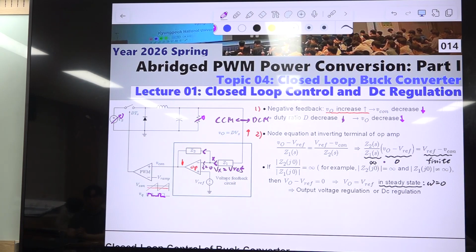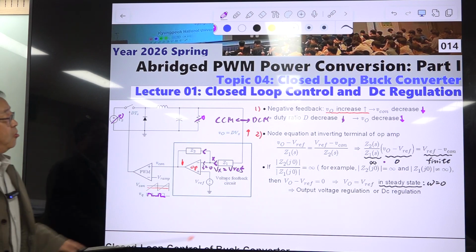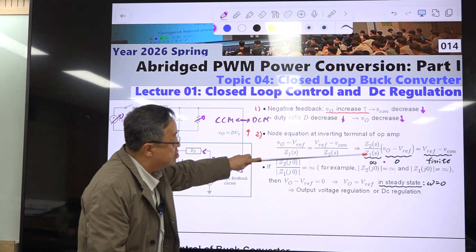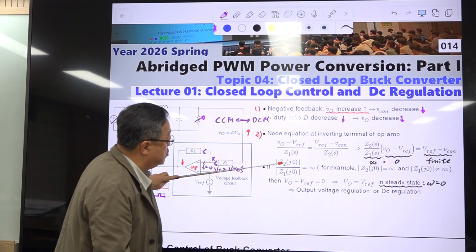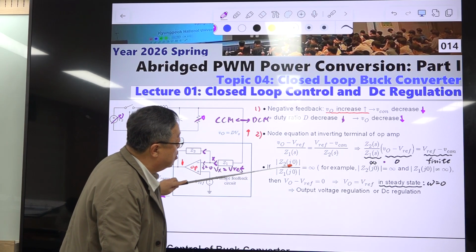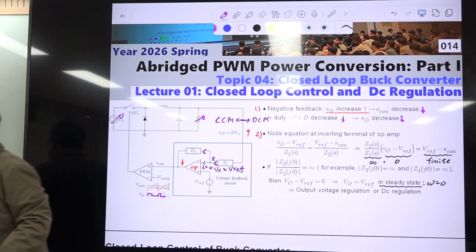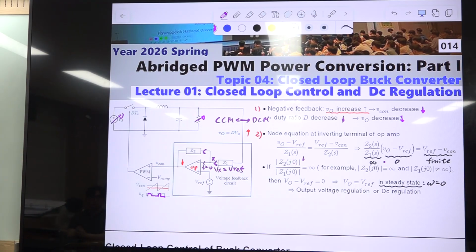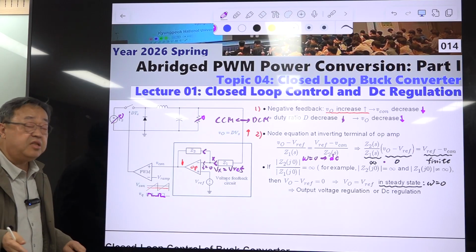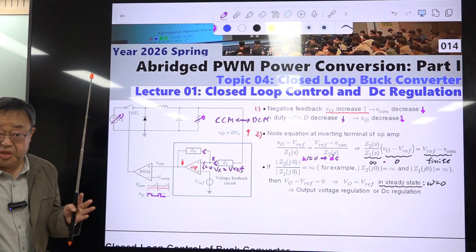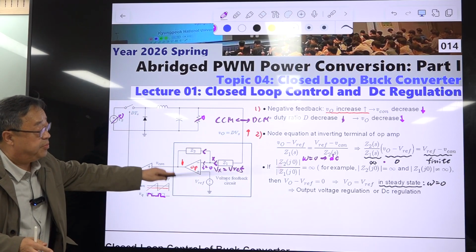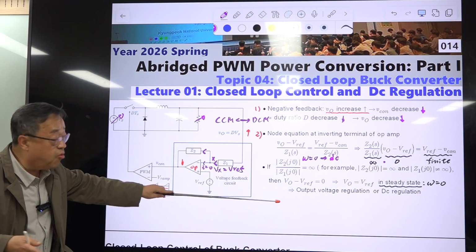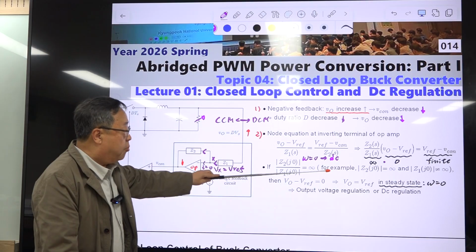All right? Okay. Then suppose this one, the ratio of the magnitudes of G2 and G1, is evaluated with omega equals 0. Omega equals 0 means what? Omega equals 0 means we are only considering DC. Okay? So we are only considering DC. That means we are only interested in steady state, not in the transient period. We don't know anything about the transient period from this equation.